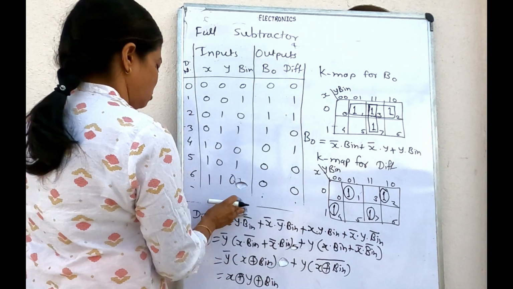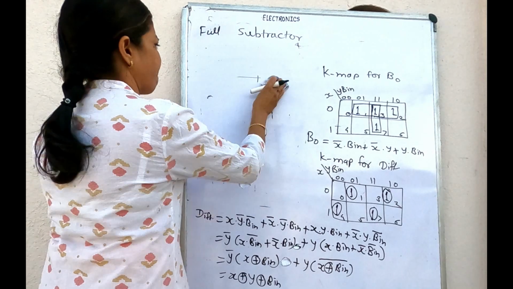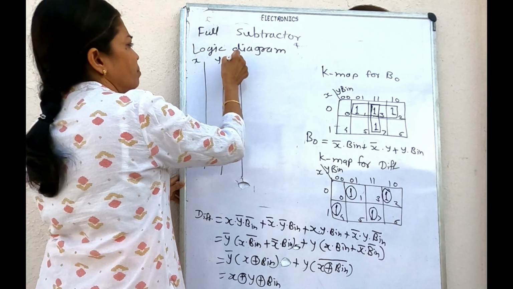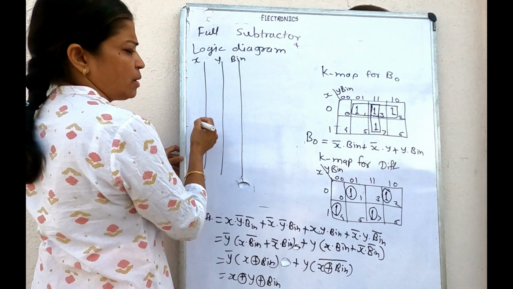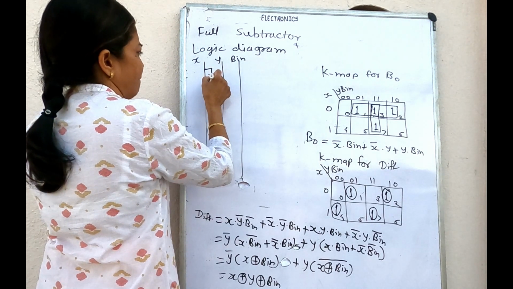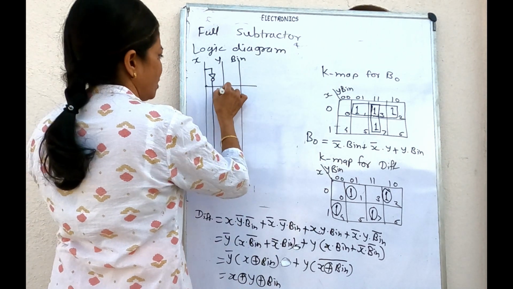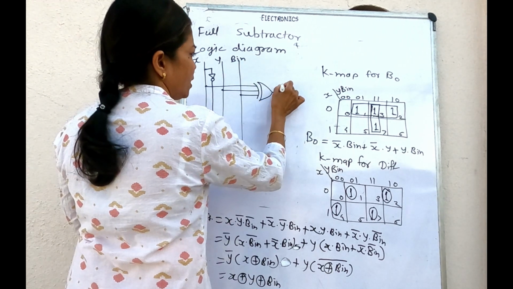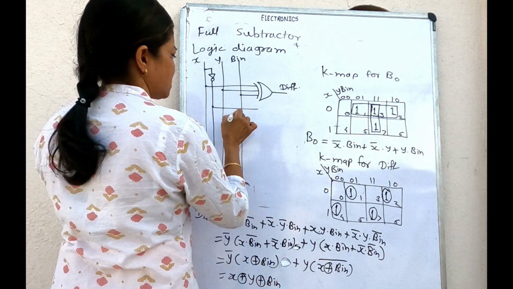The fourth step is to draw logic diagram using this equation. X, y, b in are the input variables. For the difference, we have XOR operation between these three variables. Here it is difference, and B0 as x b in,